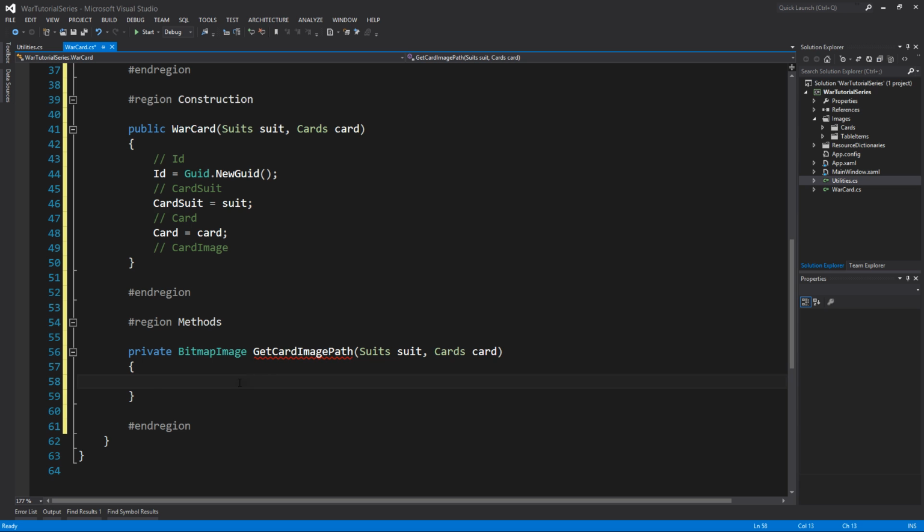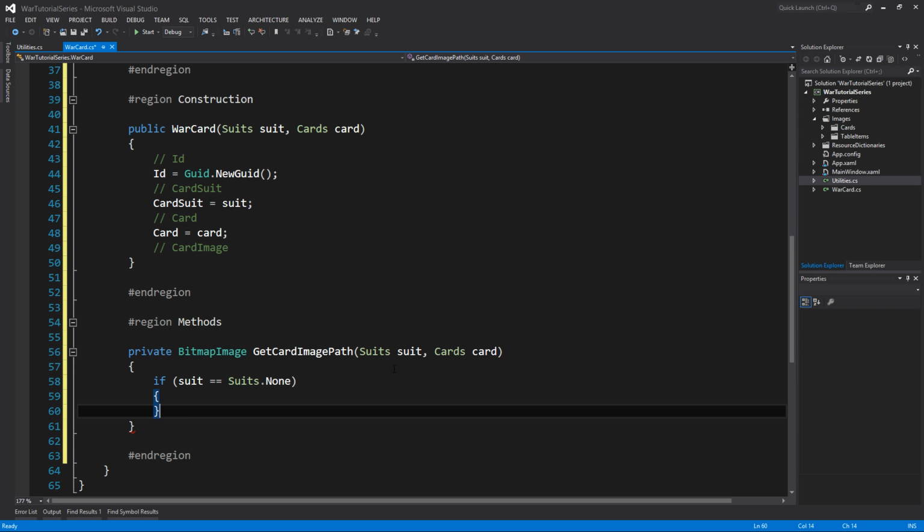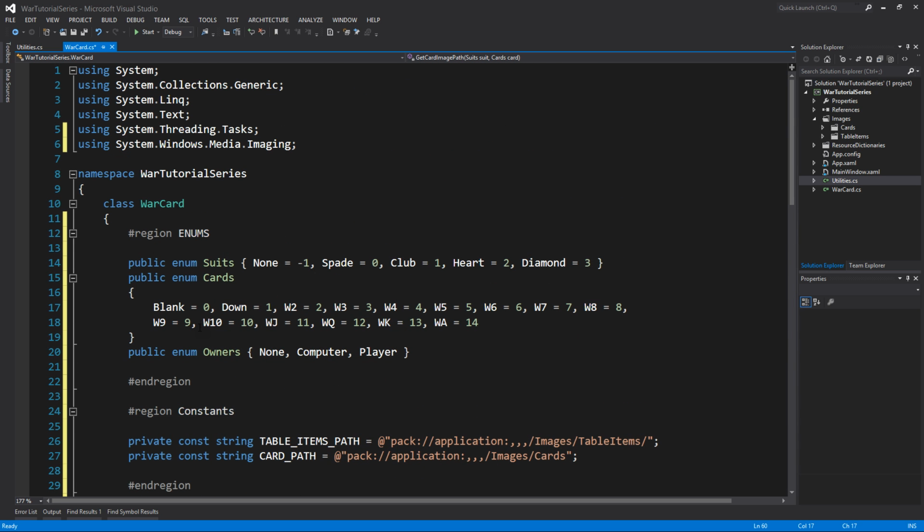Exit that. Okay, so if the suit that we're passing in here is equal to suits.none, then we need to do a few things here. So if we're passing in this here, so if it's not a spade, it's not a club, it's not a heart, and it's not a diamond,